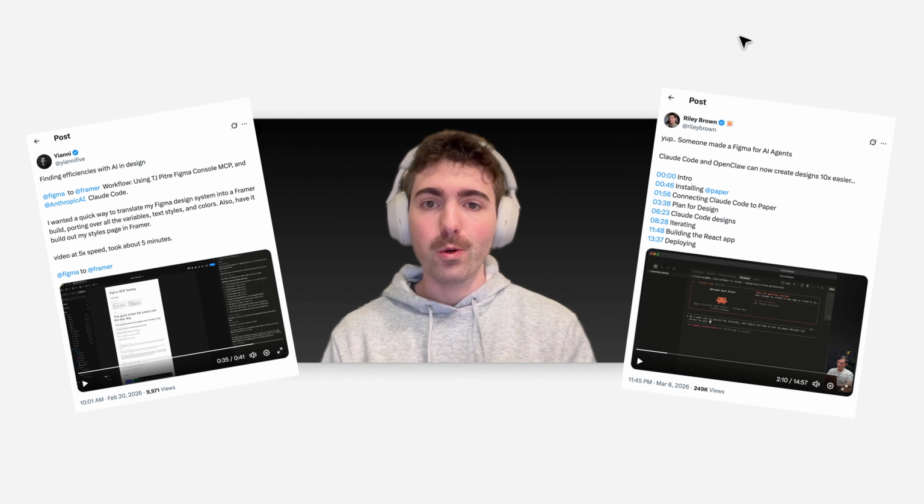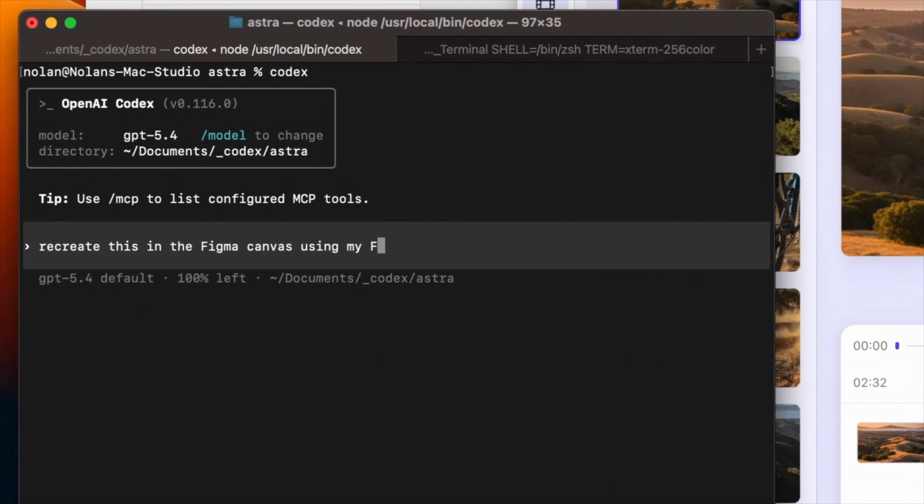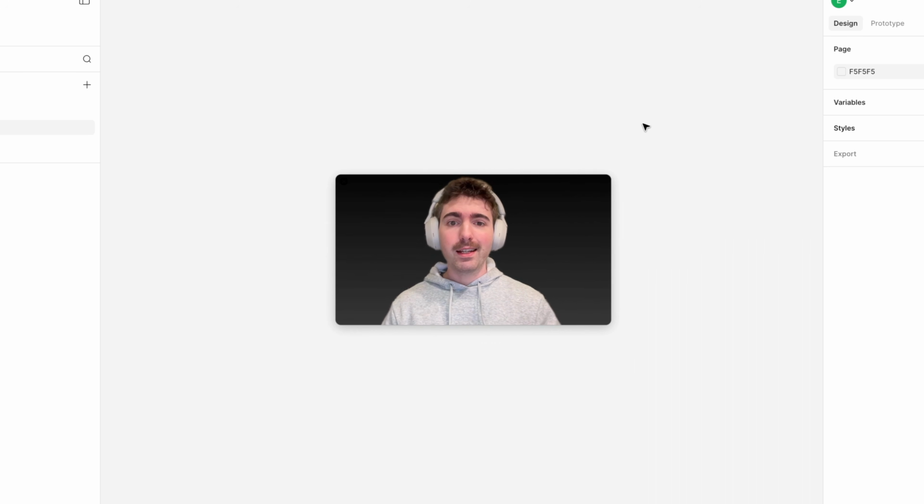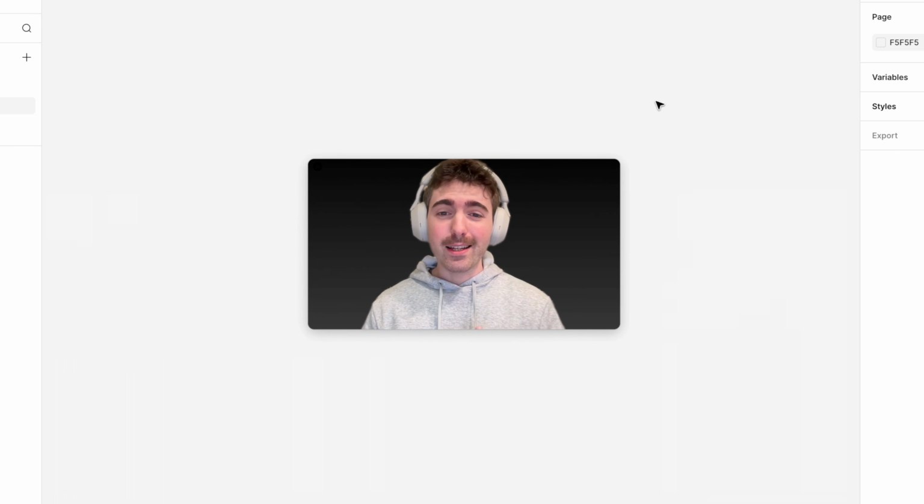Lately, you might have been seeing a lot of people using Claude Code to design directly in Figma. This is super powerful and definitely the cutting edge of what we can do right now. We can generate components, automatically build design systems in Figma, or even turn our designs into reality directly in a